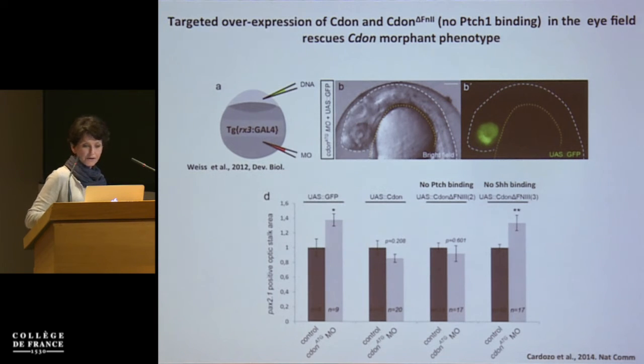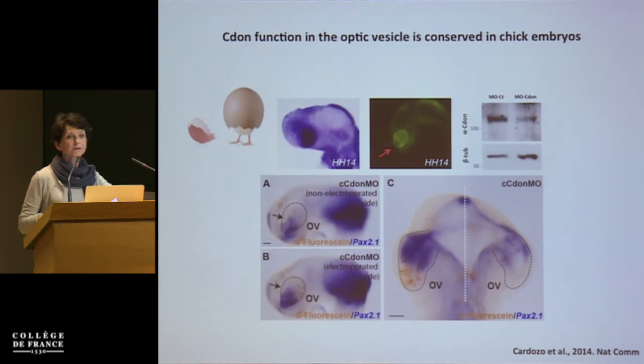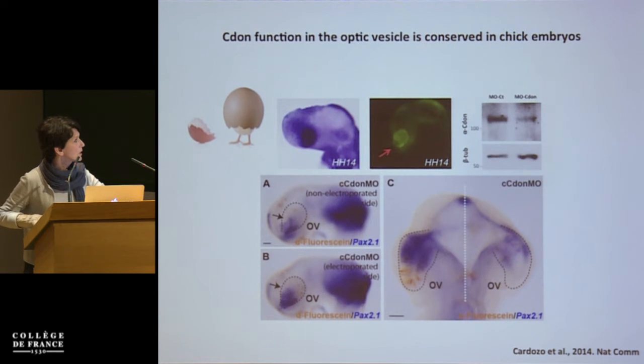And this is further supported by experiments in the chick embryos, in which Kedon has a conserved expression in the optic vesicles. If we use morpholinos that interfere with Kedon expression and downregulate the level of Kedon by electroporating the morpholino right into the optic vesicle only, what we observe is an expansion of the optic stalk